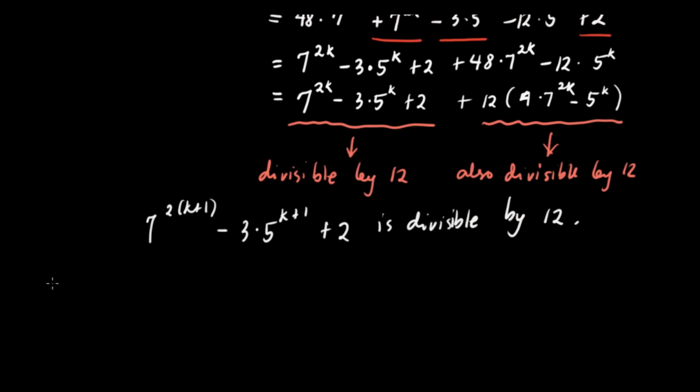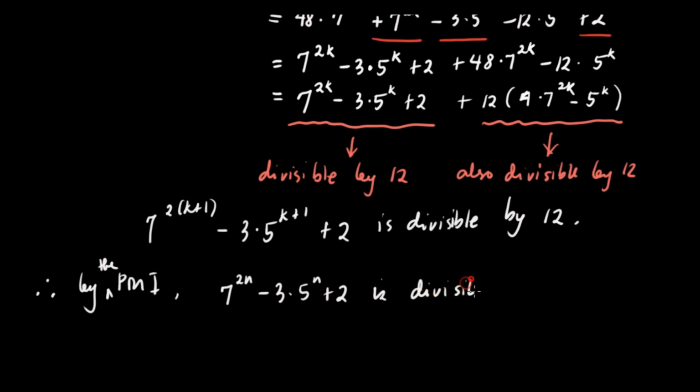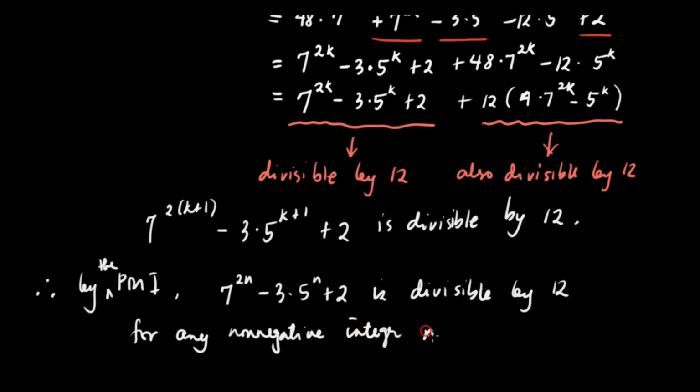Therefore, by the principle of math induction, 7 raised to 2n minus 3 times 5 raised to n plus 2 is divisible by 12 for any non-negative integer n, and that's